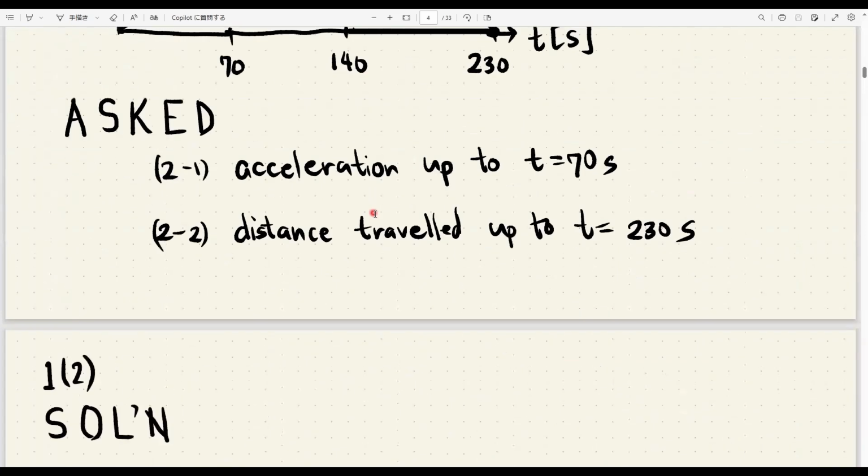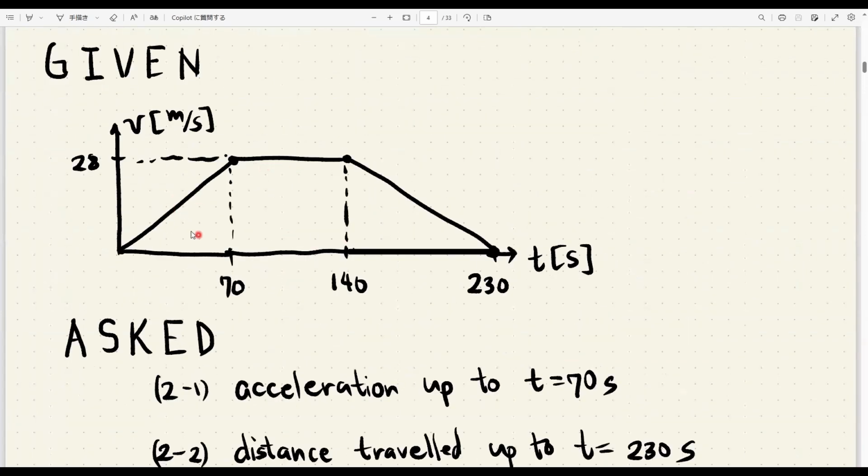Now, if we have a velocity time graph like what we have here, the distance traveled all throughout is just the area under the velocity time graph and above the x-axis. Okay, so that is basically the area that is under this trapezoid here. And this trapezoid, we already know how to get the area of this trapezoid from geometry. And that is simply 1/2 the height of the trapezoid plus